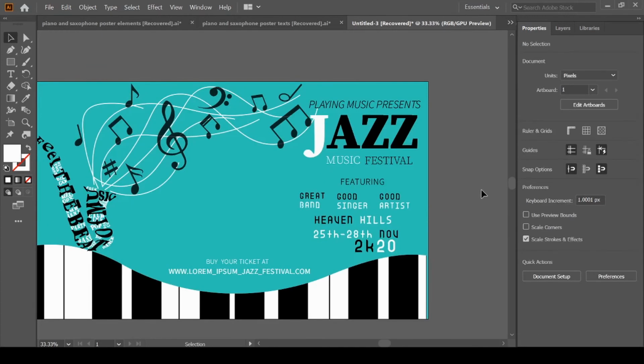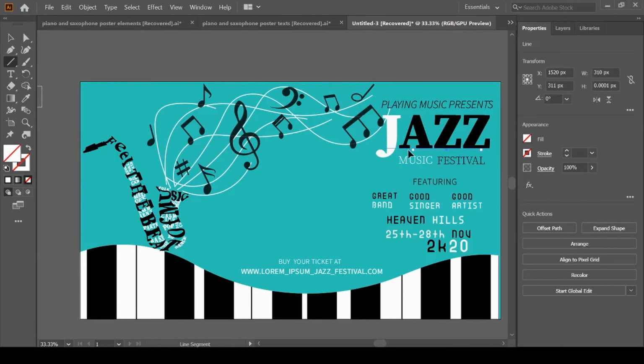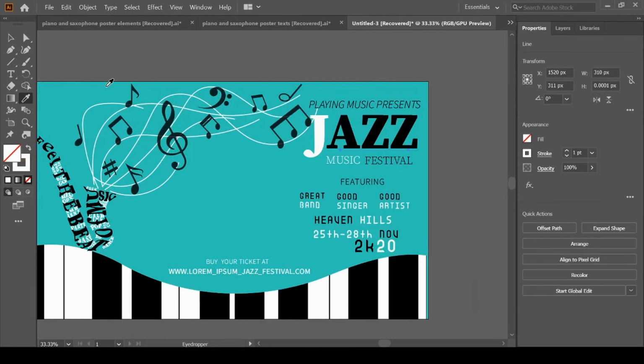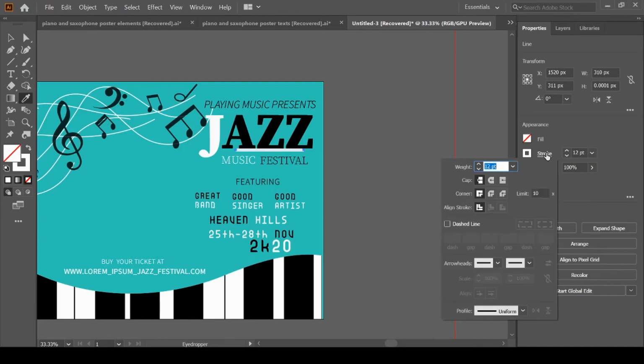Now we will add some lines. So grab the line segment tool, press Shift to make a straight line. I for the eyedropper tool, pick this white outline and then change its properties. We will change its stroke strength to 12 and then we will change its stroke profile.